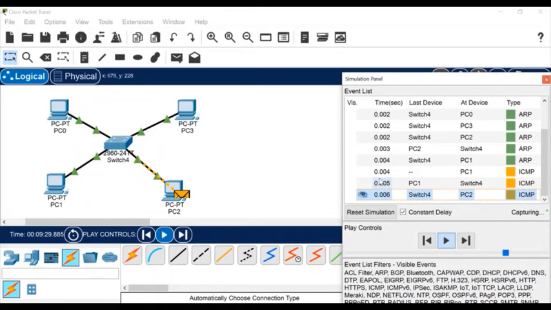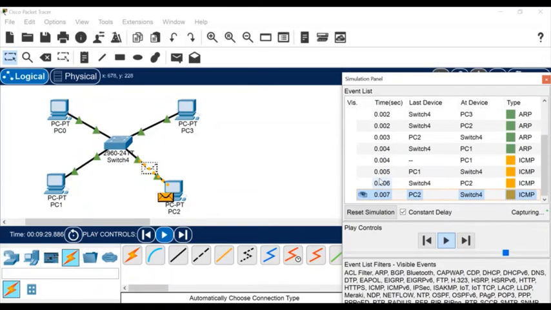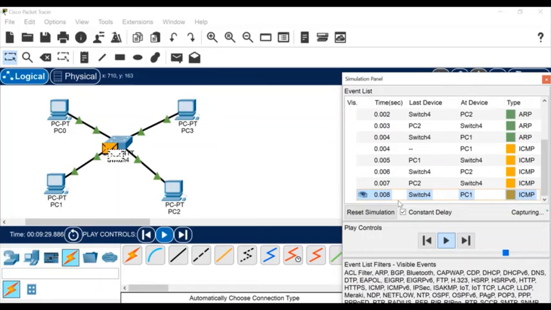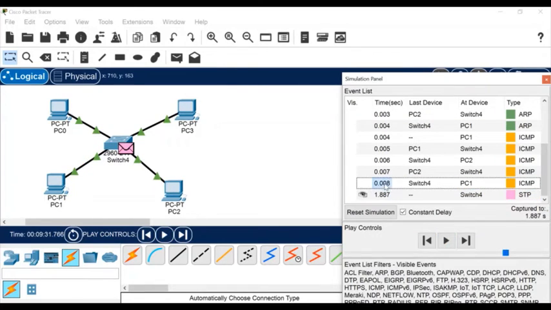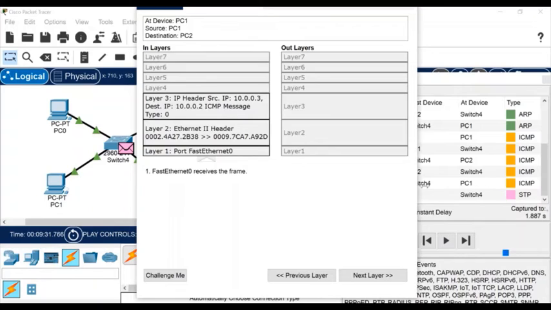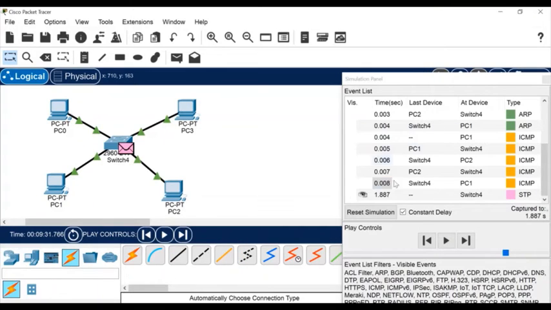You can see it is much faster than the other topologies here. Let's see when it is finishing. You can see it is finishing in 0.08 seconds, which is very much faster than the other topologies. So this is the one we are using nowadays.